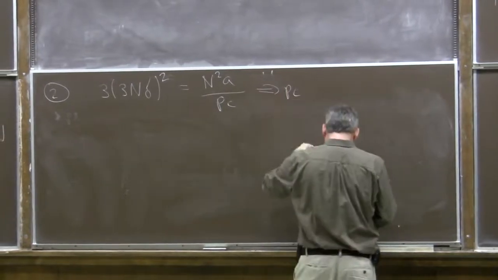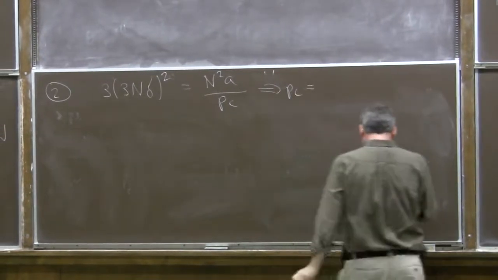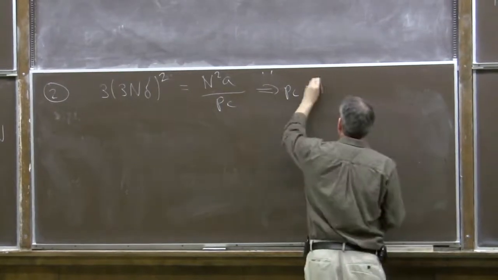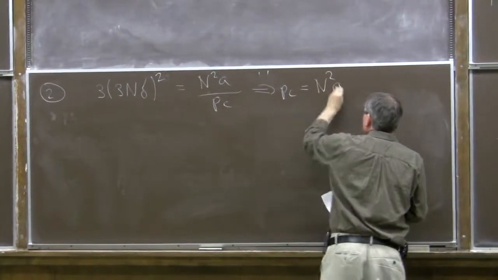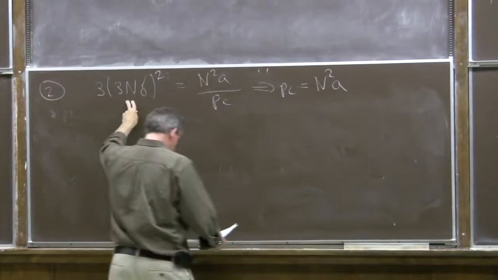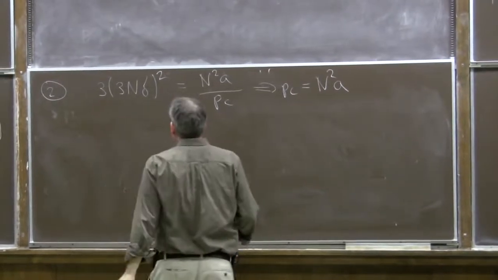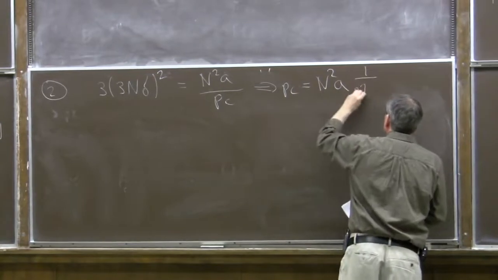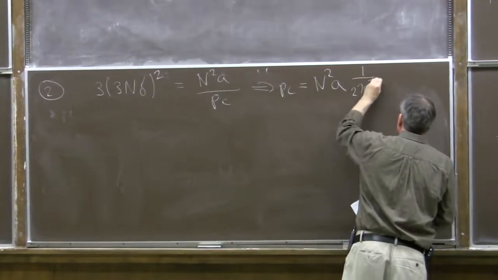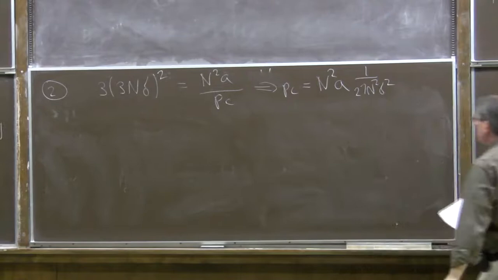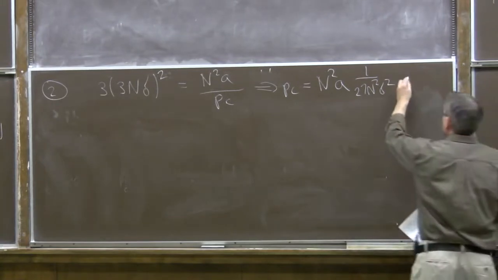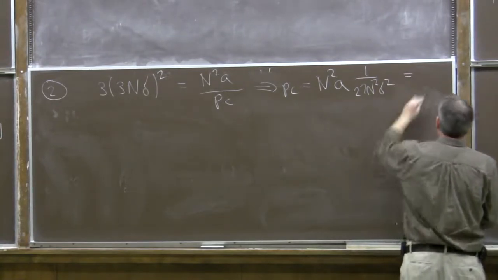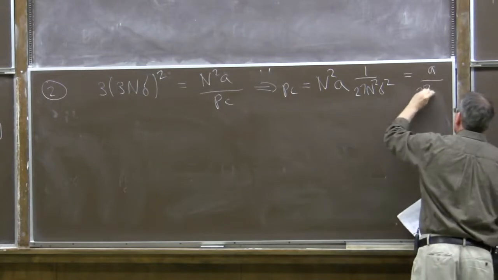So the critical pressure is equal to N squared A times the reciprocal of this, which is 1 over 27 N squared B squared. So like I promised you, the N's divide out, and this is just A over 27B squared